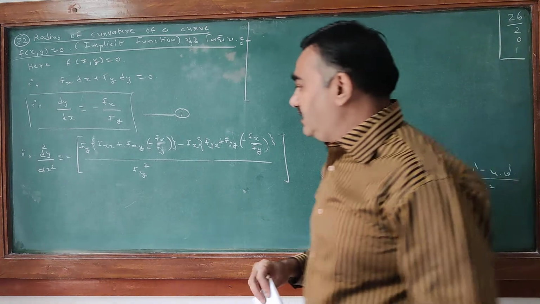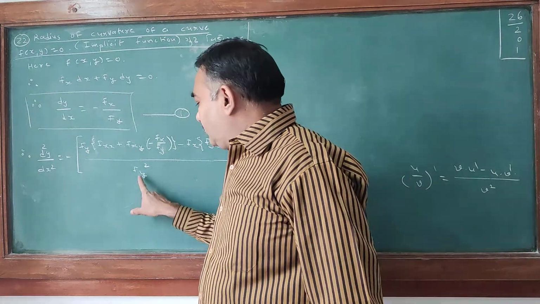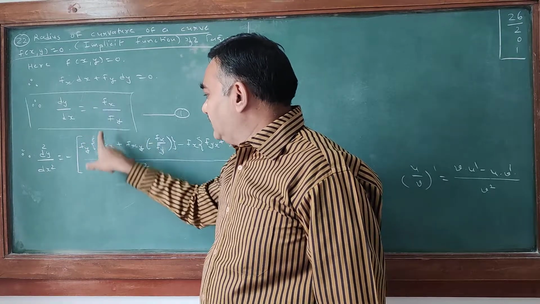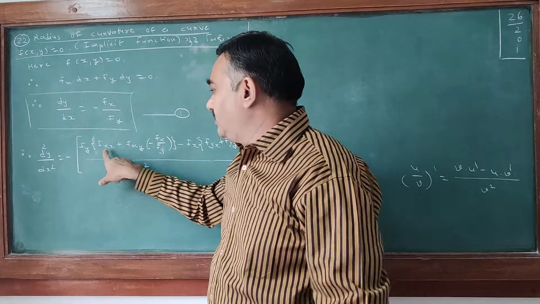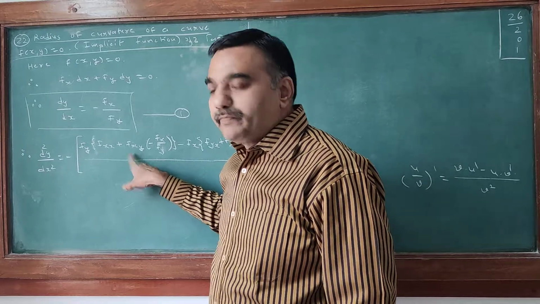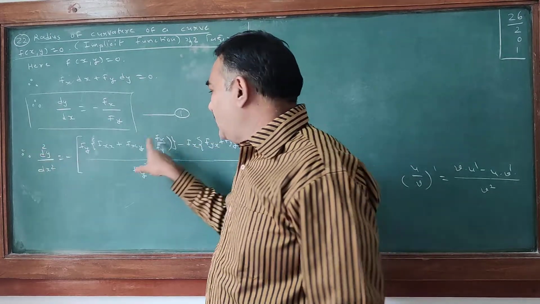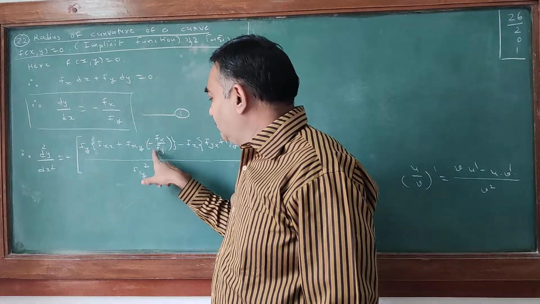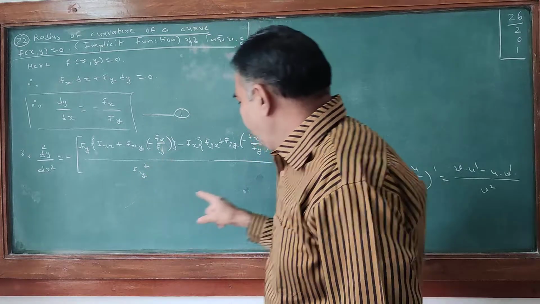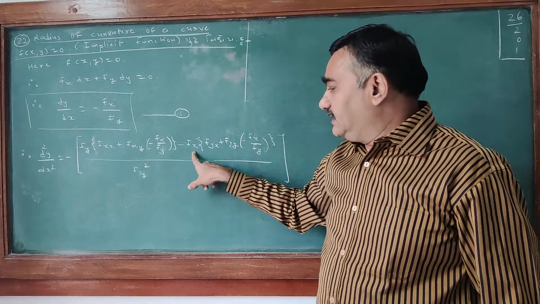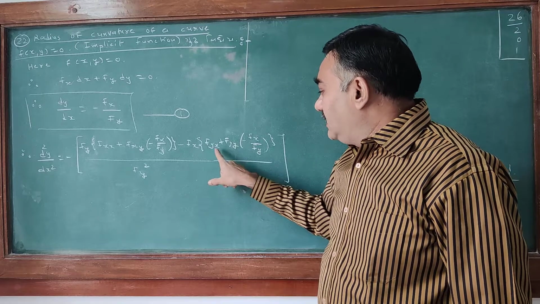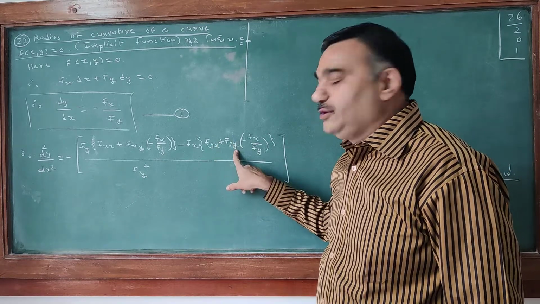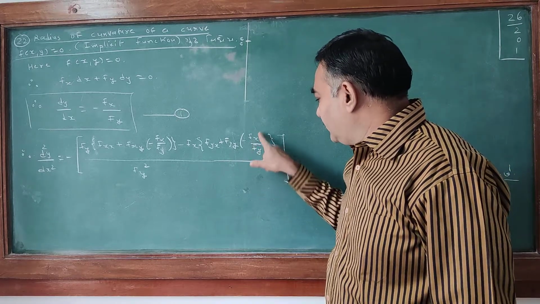So again I repeat the same. Square of denominator, differentiation of numerator means fx is there, first with respect to x and then with respect to y. When we differentiate with respect to y, we have to apply minus fx upon fy with negative sign by equation number 1, because this is dy by dx. Minus fx, then differentiation of denominator is first with respect to x and then with respect to y, and therefore it is minus fx upon fy.